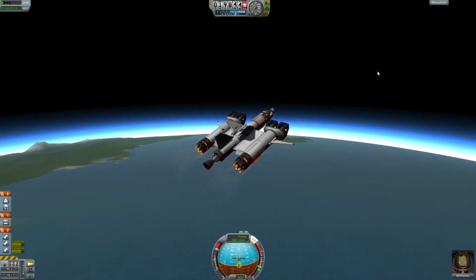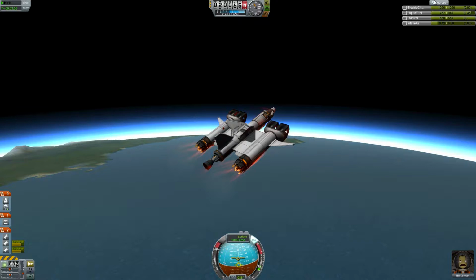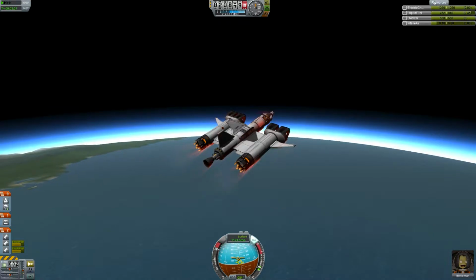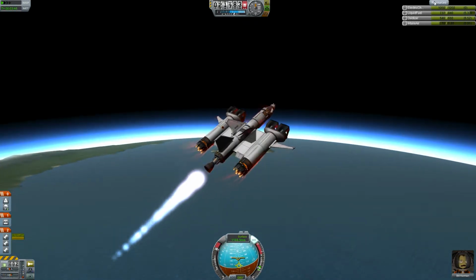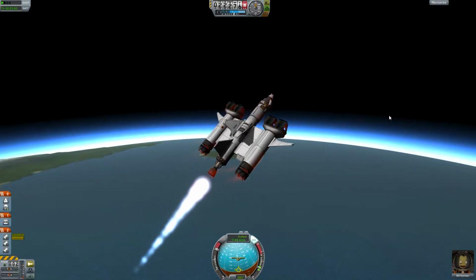And we are starting to burn. Interesting. Okay, now we are climbing up. Why is this thing becoming so unstable when it starts burning? Come on, space plane, remain stable. Okay, now let's ignite our rocket engine and hopefully we are able to...